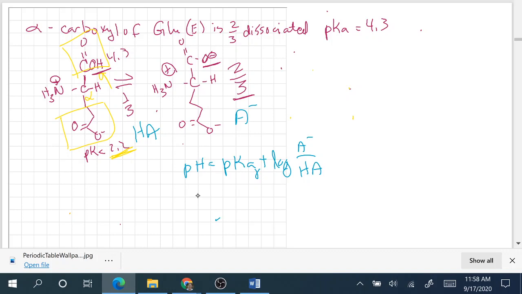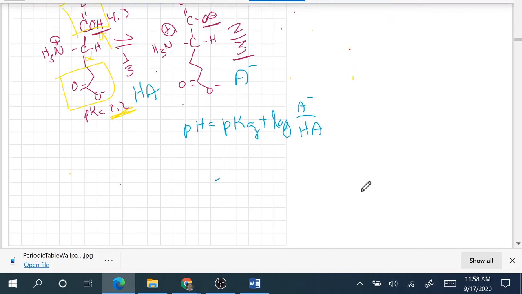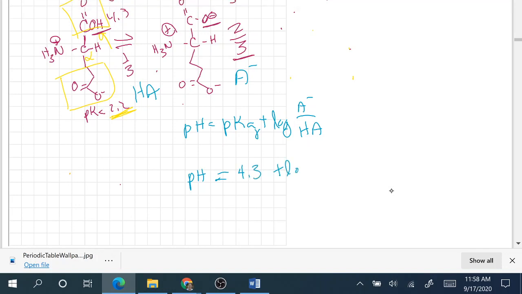We only need to know the ratio here. We don't need to know the exact concentrations in order to do this problem, and we know that the pKa is 4.3 because we can look that up. Okay, so the pH, which is what we're supposed to calculate, is equal to 4.3 plus the log of 2/3